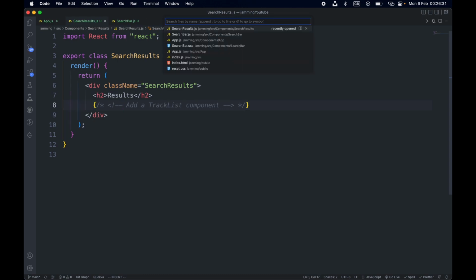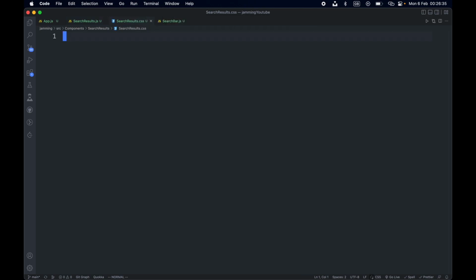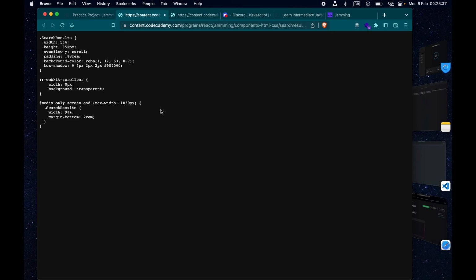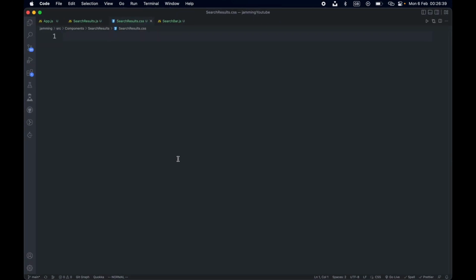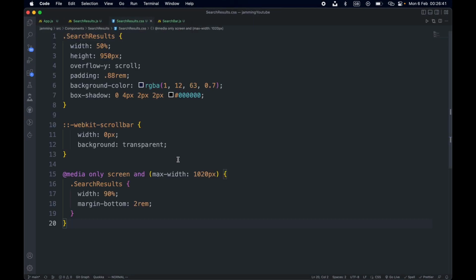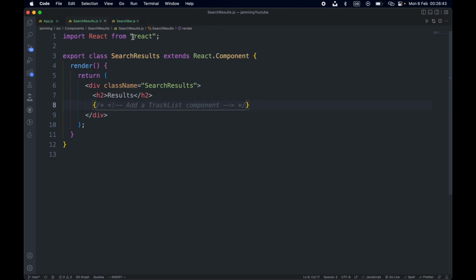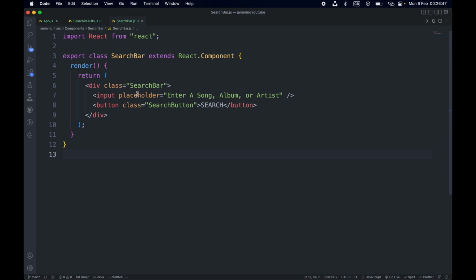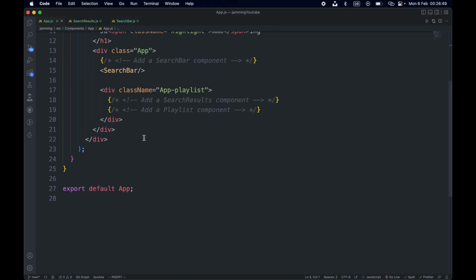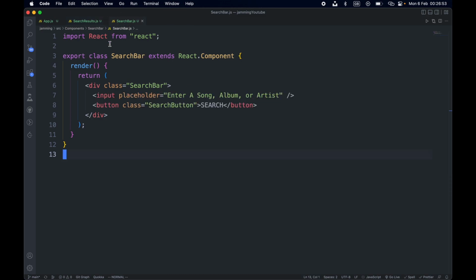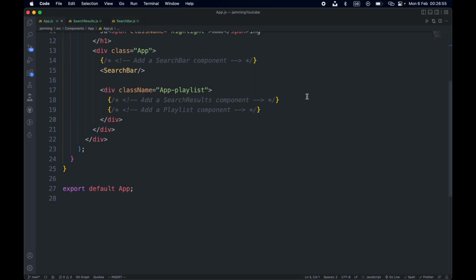So search result.css file, copy this, go here and remove it. So search bar is okay. Oops, yeah, we did export it. Okay, so here